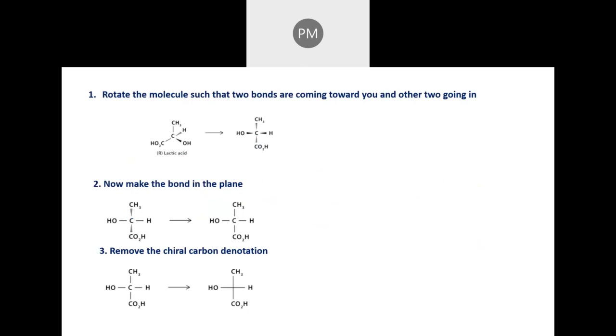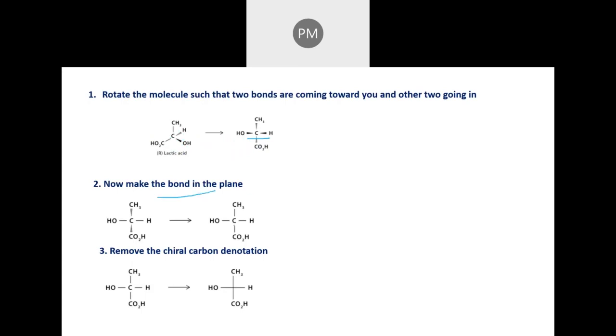So what are the situations? First, for any molecule, we go from the wedge conformation to the Fischer configuration. We have to place the in-plane substituents below, and for the out-of-plane ones we have to specify whether they go on the right-hand side or the left-hand side. So this will be above right or above left. So like that, after that we have